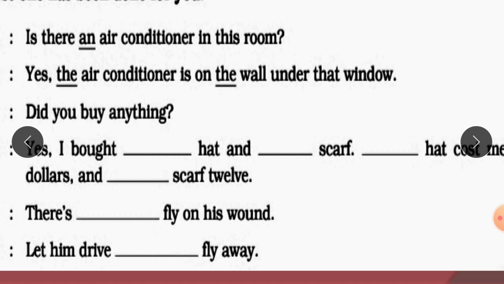Okay, beta. Now students, I hope you all have understood what we have done, and now you can use determiners this, that, these, those, and articles a, an, and the. Okay, so students, now what you have to do, beta, is try the remaining exercises of the chapter. Read and try the remaining exercises of chapter number 3, that is determiners.